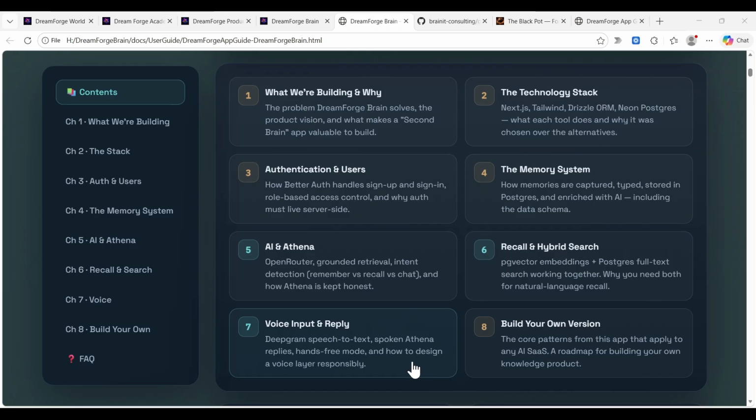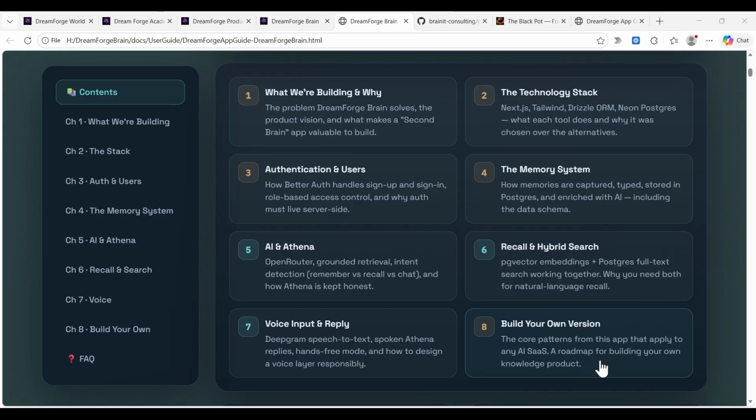So you saw a quick look in the introduction about voice input and reply. We chose Deepgram to help us with the speech to text. We have experimented with a hands-free mode in this demo, and you'll see in the source code and in the chapters how that is implemented as an introduction. Personally, I prefer ElevenLabs currently for professional voice. So don't use the one that's in the demo if you want professional voice.